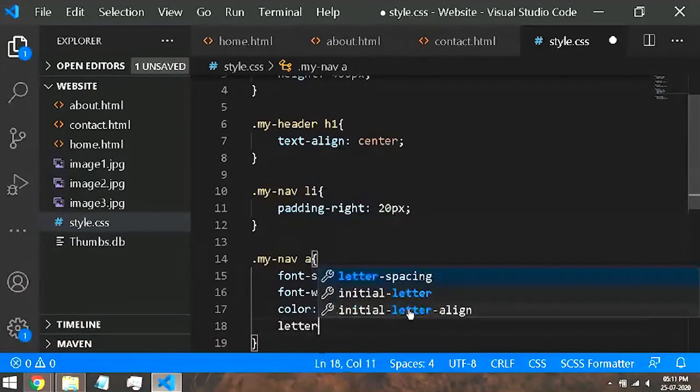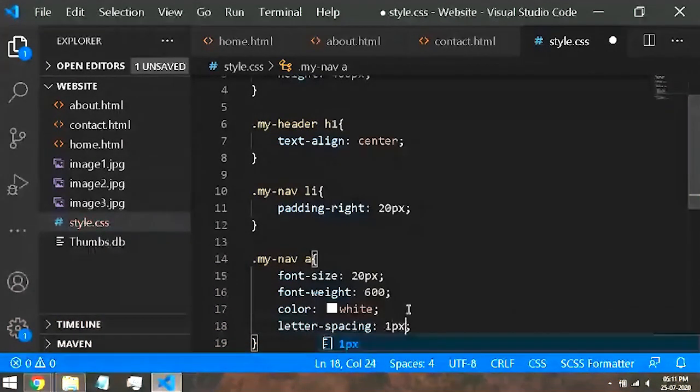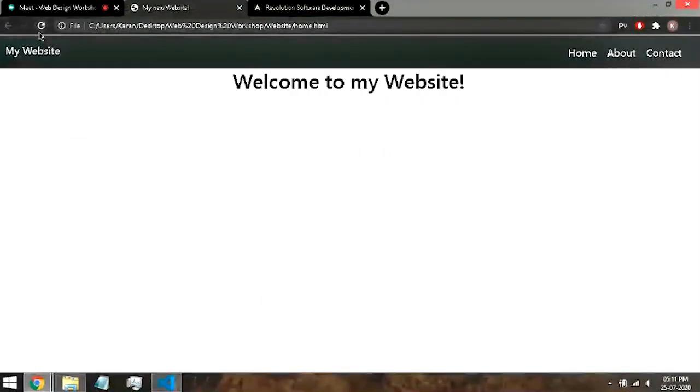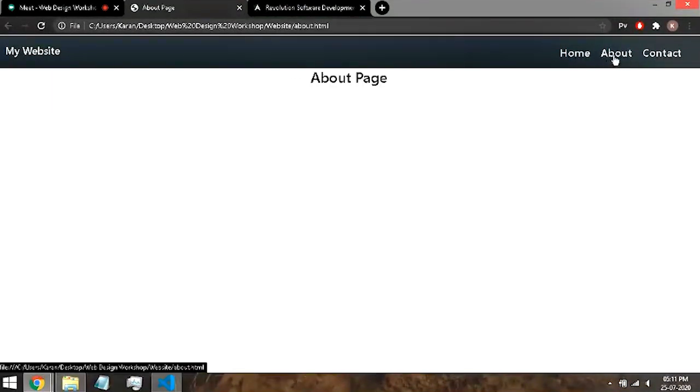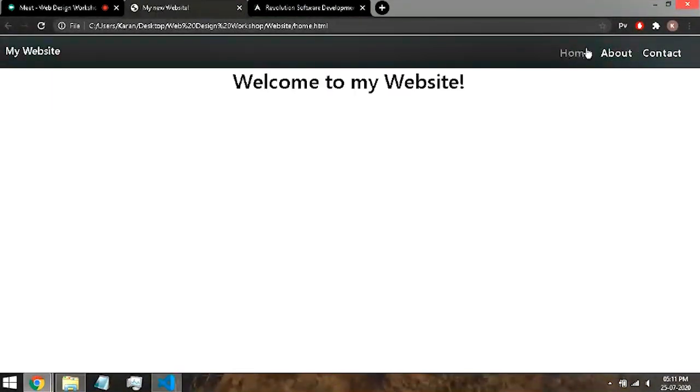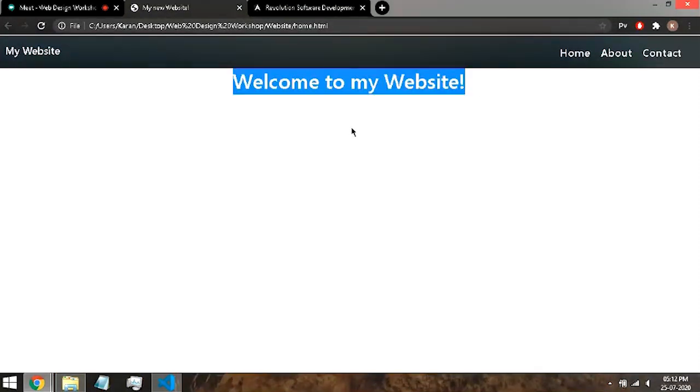So just simple as saying letter-spacing, and I'll just say 1 pixel. We don't want this to be much, just 1 pixel. And now it's looking like a navigation bar. So yes, this is the navigation bar. Okay, so navigation bar was added.